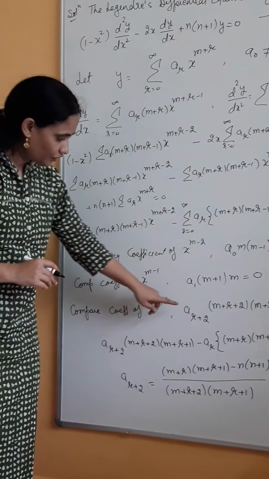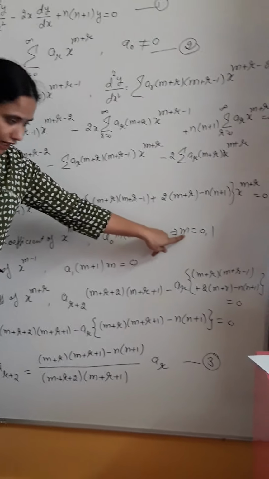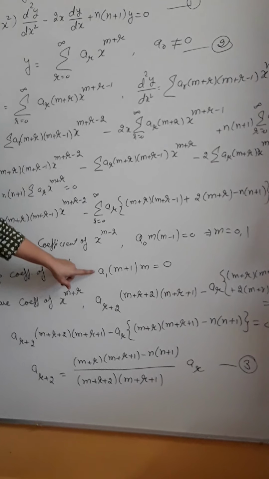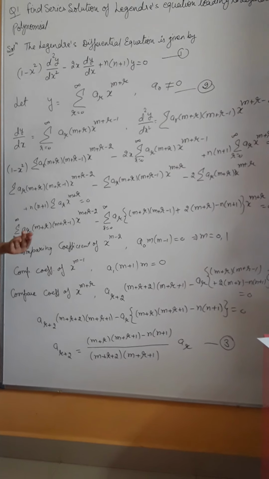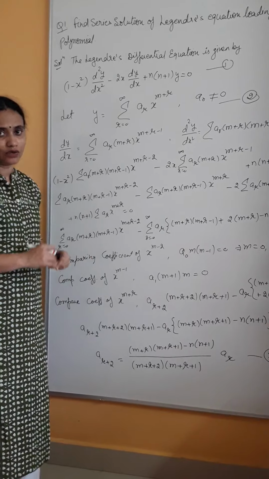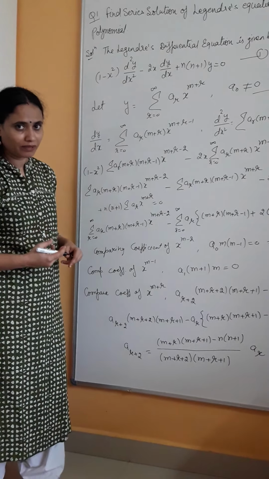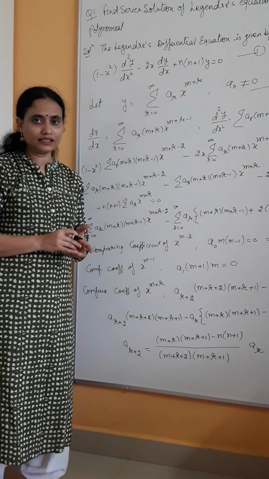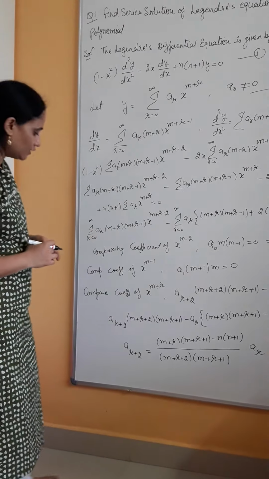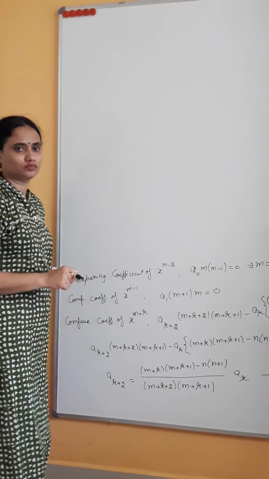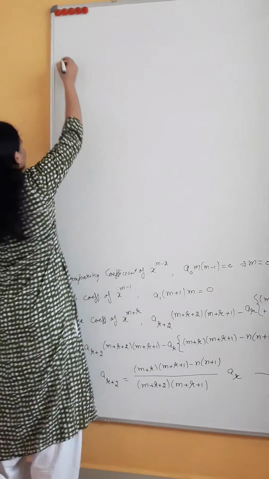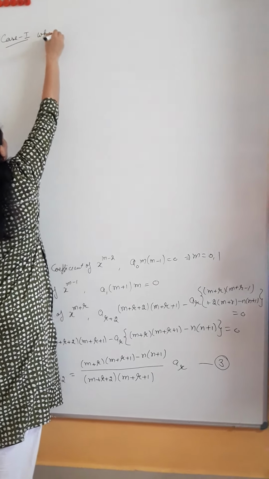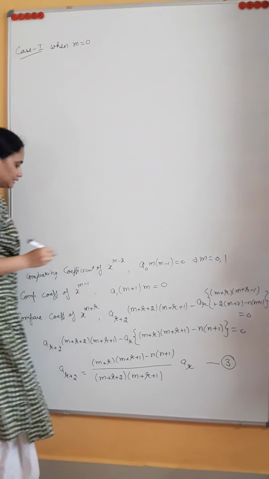Okay. So now we have reached the condition that m may be 0 and 1. So based on these two conditions, what will be the value of a1 and what will be the value of the remaining constants, that we have to find out. So taking the conditions one by one, taking m equal to 0 first, then m equal to 1, and then summarizing both the solutions. So let's start with m equal to 0. So let's take case 1 when m is 0.